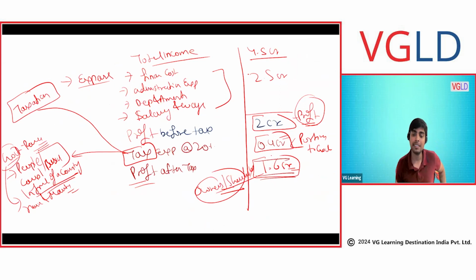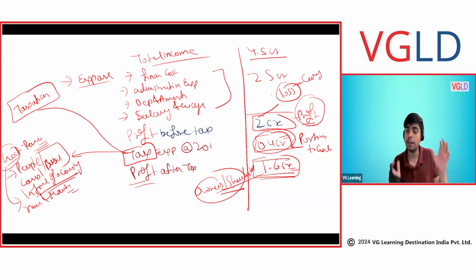And once we have earned a profit, we need to share. Good question by Ankit, that if let's say we have incurred a loss, so what would happen? Do we get any benefit from the government? Because we are paying a payment to the government in case we are earning. What if we incur a loss? So government says that you can carry forward this loss. In any year you have a profit, you can offset it and reduce your profit level.